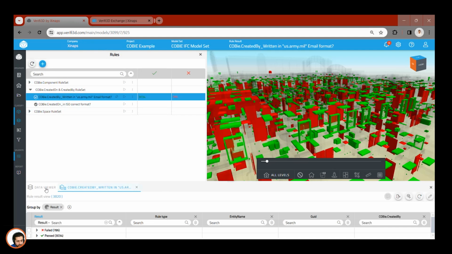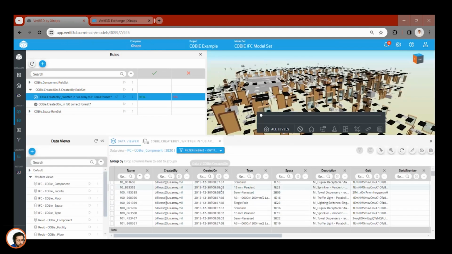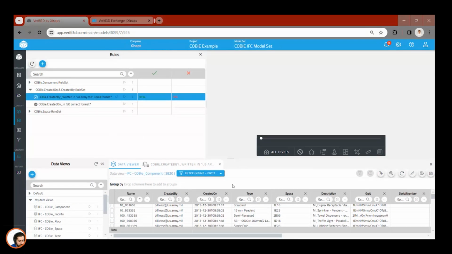Another one is the created on. So if we go back one more time to the data viewer, you can see that in the created on, we have the ISO standard format for the date and time. So using Verified,